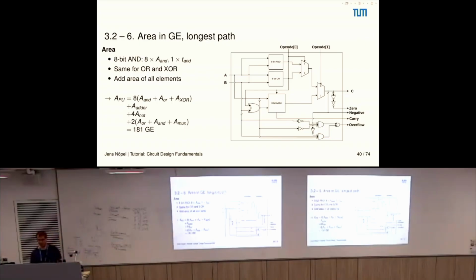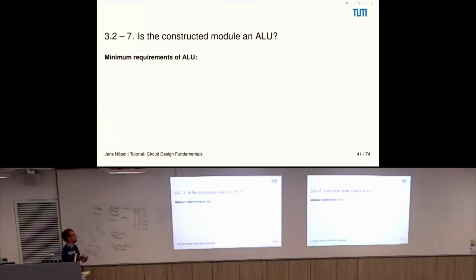So this is for the area of the complete PU. Questions? Yeah, the question is, what is the area of our module? Not just the longest path. Maybe this is a little bit confusing here, but the area of the overall module. All right. Then for the next 5 minutes, discuss whether this module you have seen is an arithmetic logic